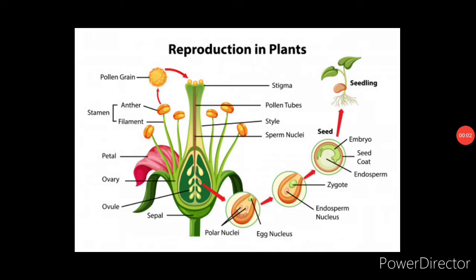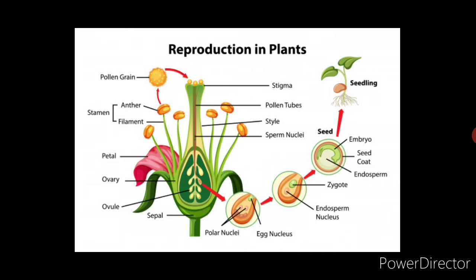Now, first we'll understand what is reproduction. Now, we know the characteristics of living organisms, isn't it? Living organisms can breathe, can move from one place to another, can reproduce. So, all living organisms have the ability to reproduce more of their own kind by a process which is called reproduction. The formation of a new individual is called reproduction, and it ensures the continuity and the survival of the species, isn't it?